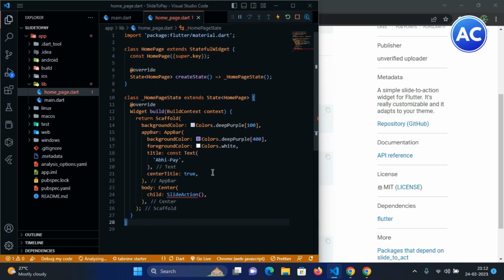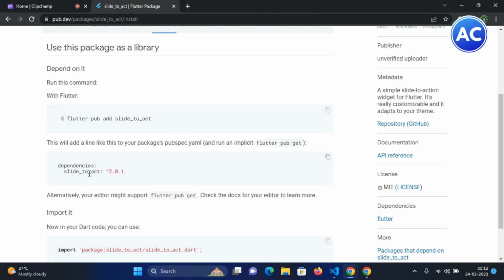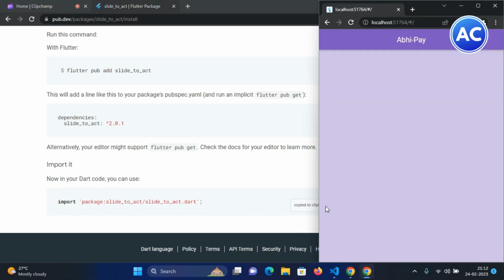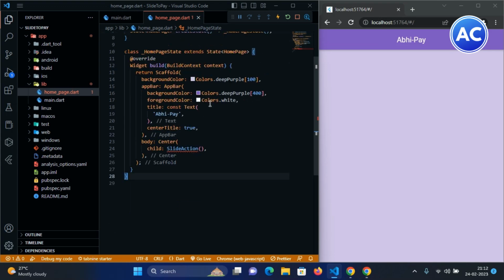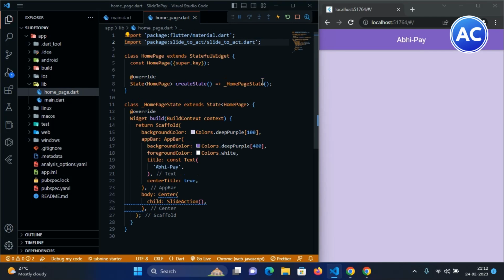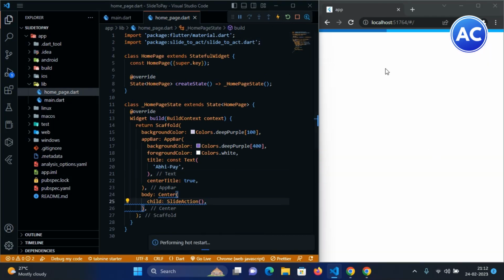Slide action, you can see it's recognized, but still it's not okay. So we need to import the file in the code. This is added in our pubspec.yaml file after we run this. So now we will import this in our homepage file, and here we'll just paste it. Now you can see we have no errors. Now if we hot reload our emulator,